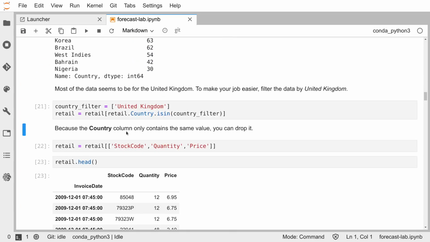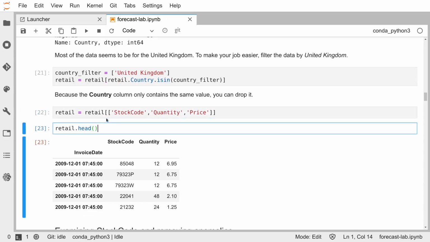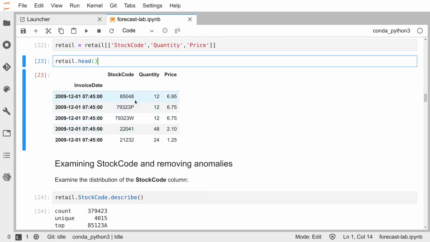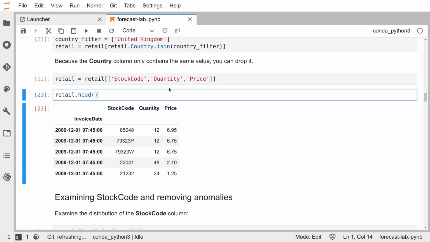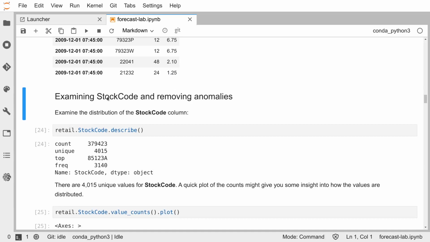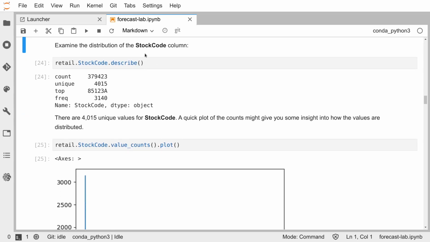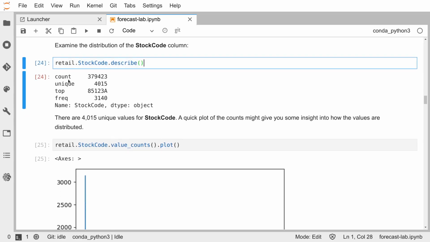And because the country column only contains this same value, you can drop it now. Okay, that's a very smart thing to do, since we are examining the United Kingdom's sales. And for examining stock code and removing anomalies, examine the distribution of the stock code column. So if we